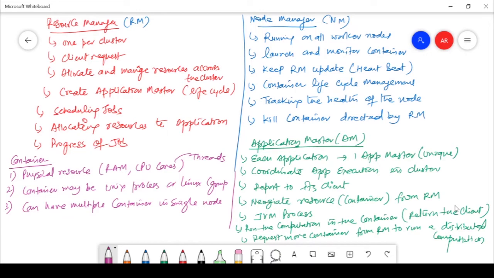And client request means I am responsible for taking all the requests from the clients, right? Now I am allocating and managing resources across the cluster because I should know how many employees there are, how many software engineers there are. You got my point? My resources are software engineers, or you can say my resources are my team. I should know how many resources I have in my team, how many are allocated to which projects, and which are free right now in the resource pool so that I can allocate some project. This is the third point. I hope you understand this.